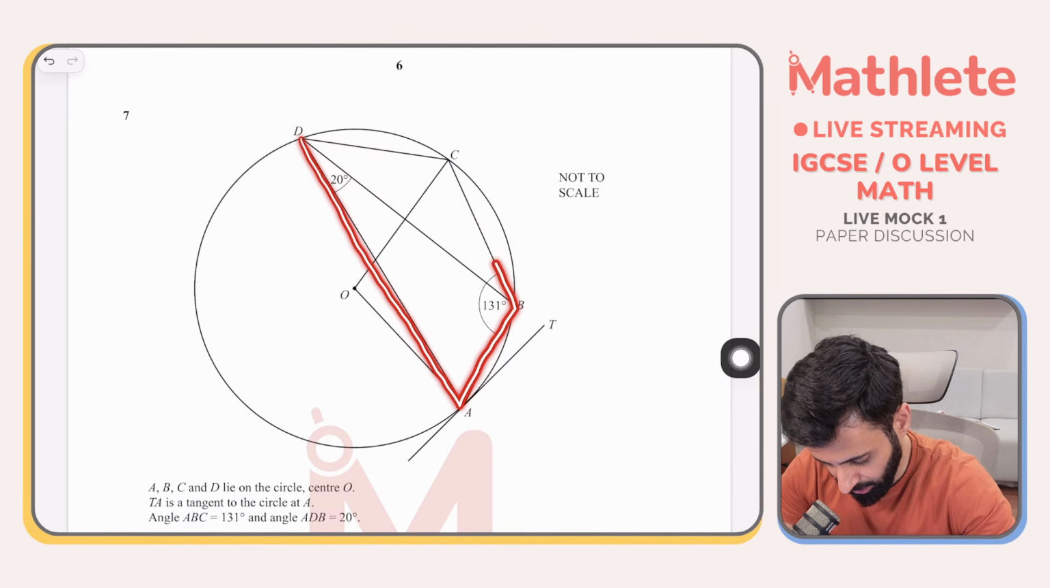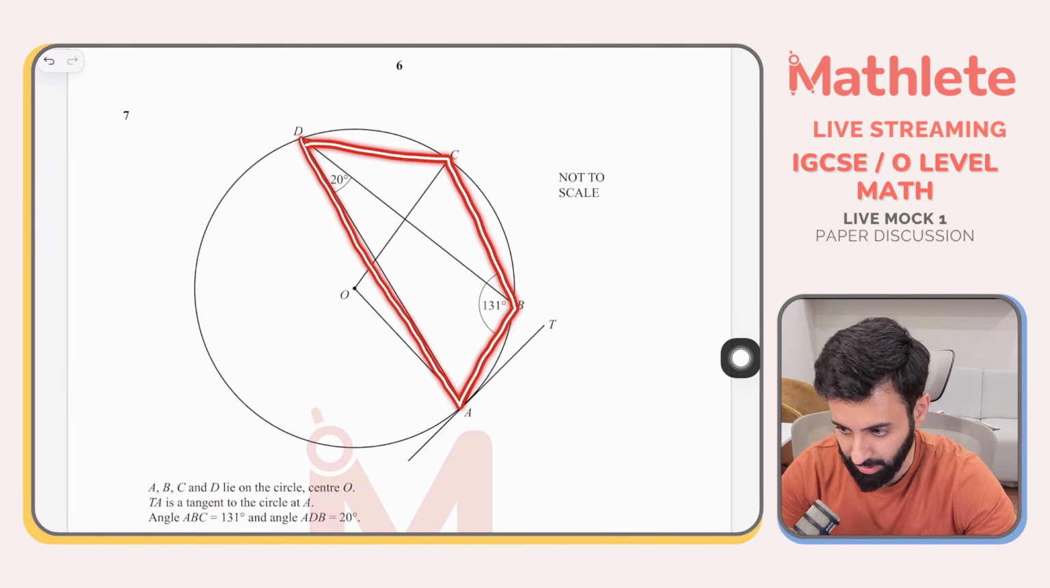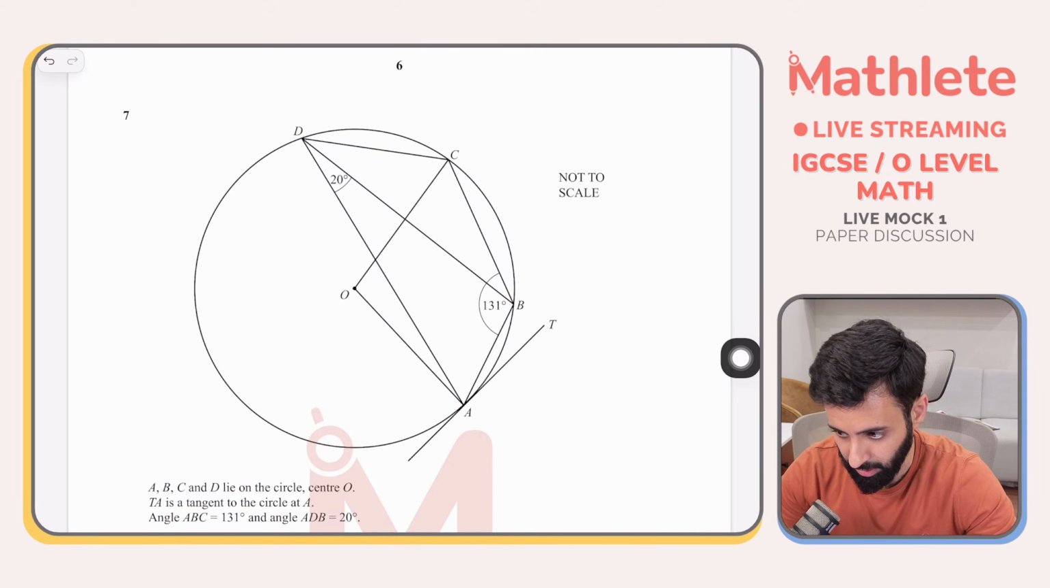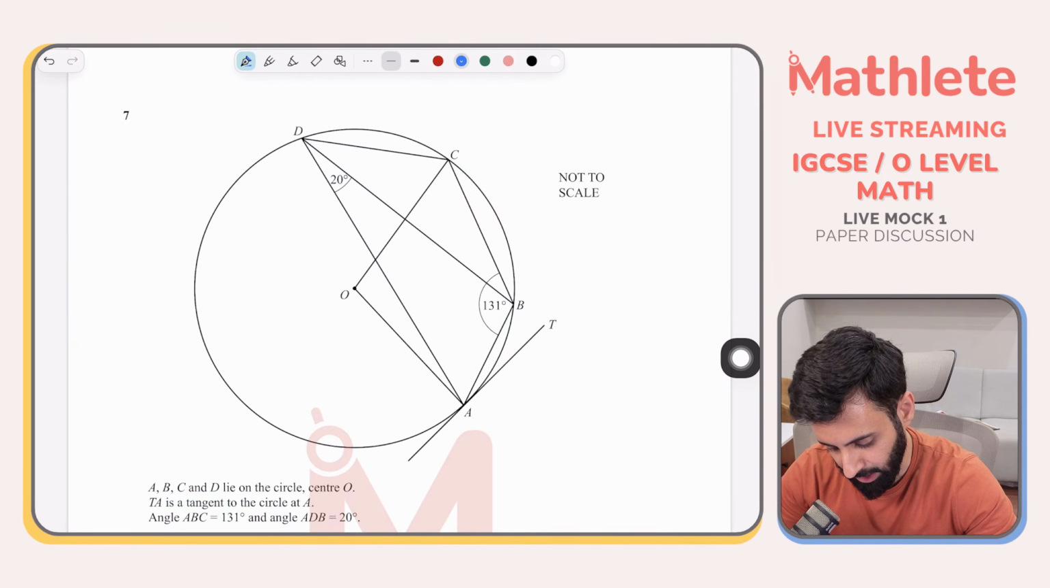If you look at ABCD, we're dealing with a cyclic quadrilateral. Okay, we are dealing with a cyclic quadrilateral. So if we are dealing with a cyclic quadrilateral,